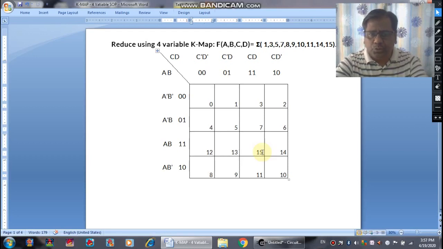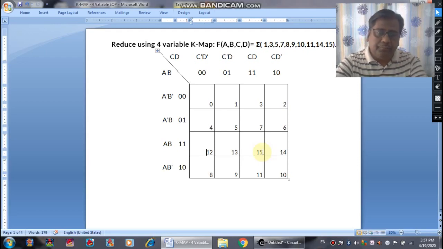Since we are working on the SOP, the structure of the K-map should be clear. It is a grid of 4 by 4, because we are working on a 4 variable K-map, and that's why we need 16 cells in the grid. 2 variables on the left hand side and 2 variables on the top, in the same sequential order given in the question paper. Then you have to fill the gray code on the left and top both, that is 00, 01, 11 and 10.